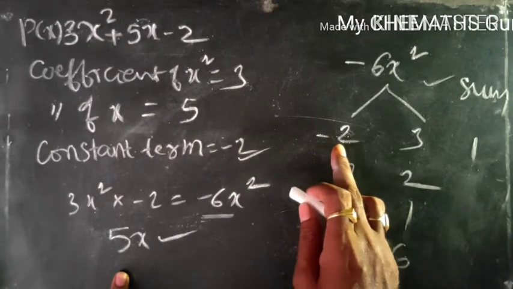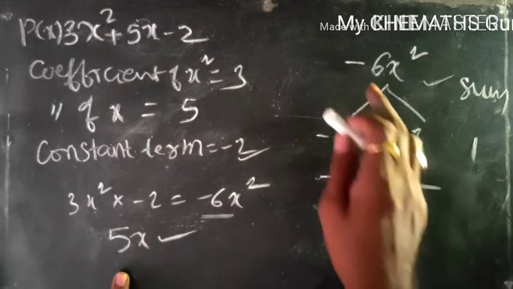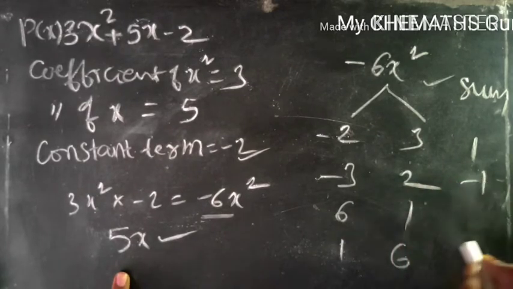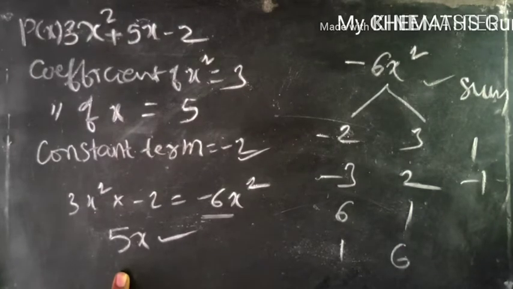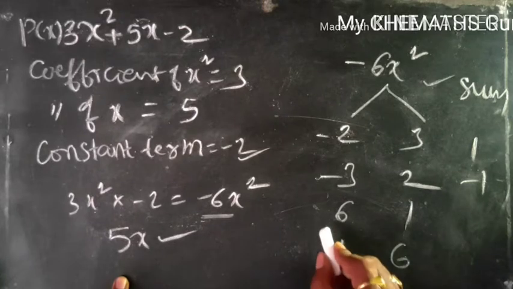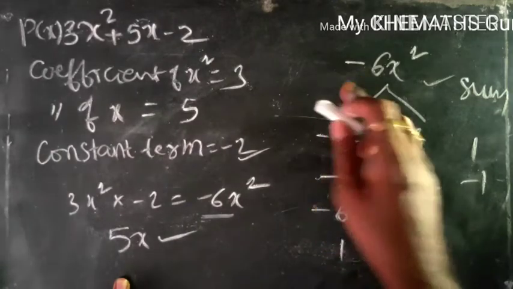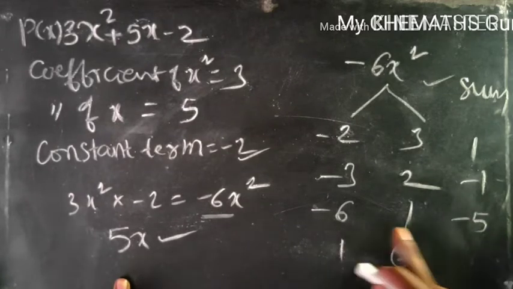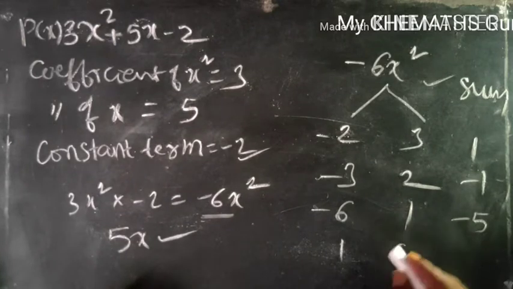So here I have taken the negative sign for 2. Now I am taking it for 3. Minus 3 into 2 is minus 6, the product is correct, but the sum we are getting is minus 1. Now for 6 into 1, we want negative 6, so minus 6 into 1 gives minus 6, correct, but the sum is minus 6 plus 1, which gives minus 5. So it also failed.